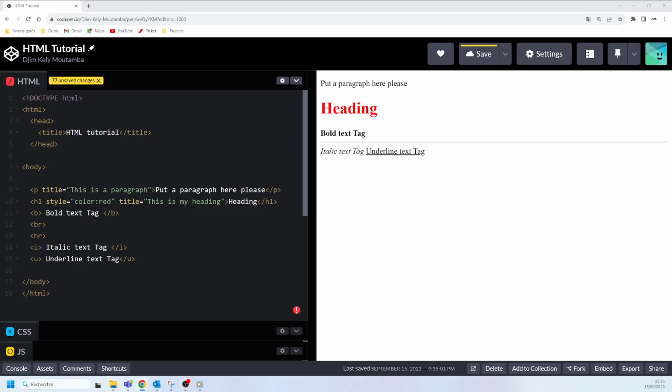Hello guys, welcome back. So now let's talk about HTML attributes. What are they? And then I'm going to give you some key information that you need to know about attributes in HTML. So HTML attributes are special words which provide additional information about